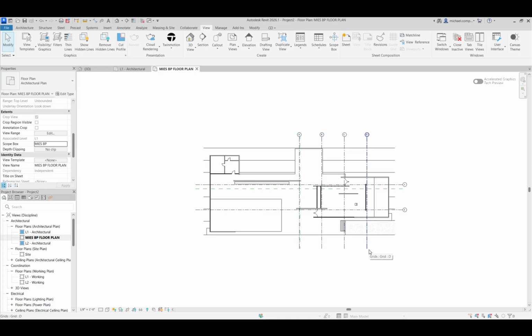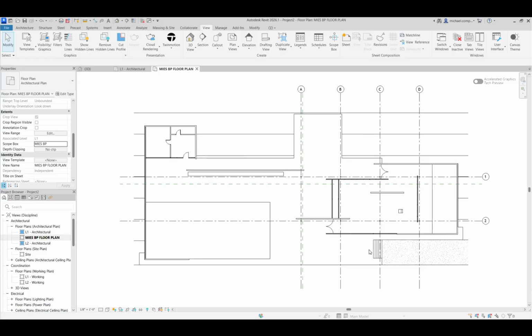All right. For our purposes, I do not want the topo solid to show in this floor plan. So I'm going to turn that off, and I'll show you how to do that in a second. But before I do that, because I cropped my view, I want to see this plan larger. I can scroll in, but I'll remind you that there is a keyboard shortcut for that, and it is ZE, letter Z, letter E in quick succession. So ZE, and that stands for zoom extents, which is what it just did,